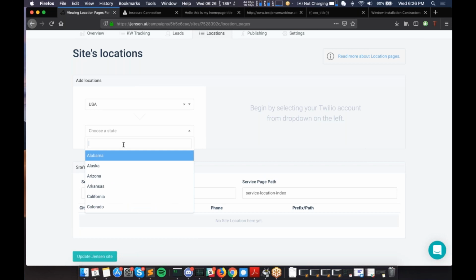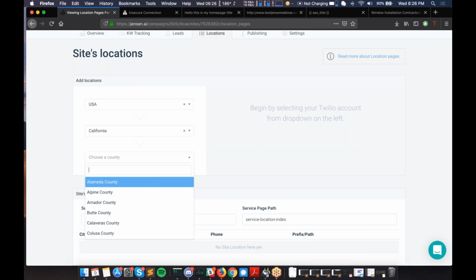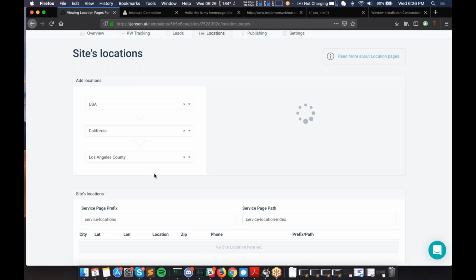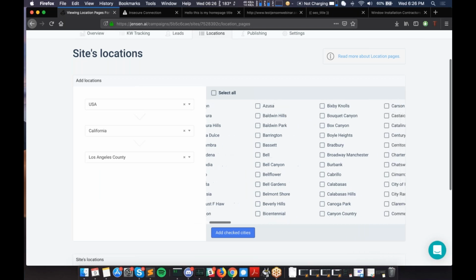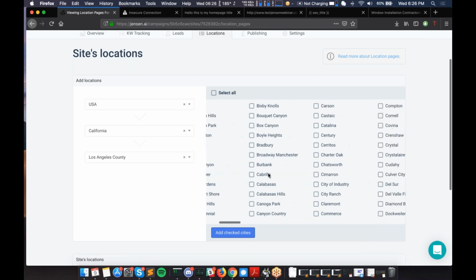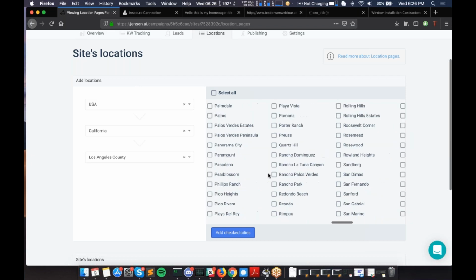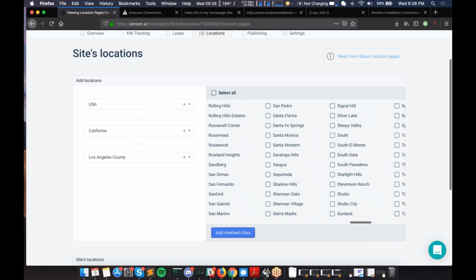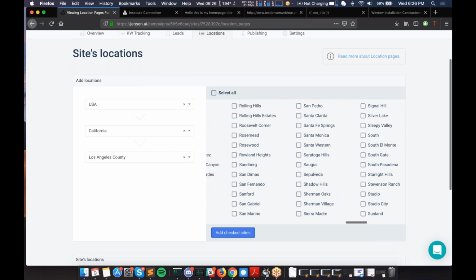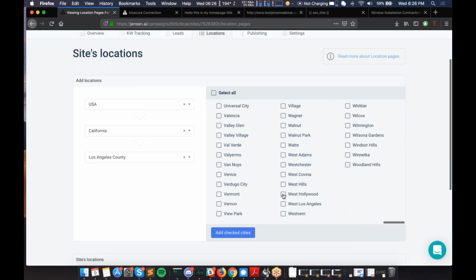And let's say that I want to have a few Los Angeles pages. So I'm going to go through, choose California, and let's pull LA County. Now we have the option to just select all, and we will literally create a page for every single city within LA County. What I would rather do right now for this example is just show a couple of city pages going in. So I'm going to pick a couple at random. Let's say West Hollywood,